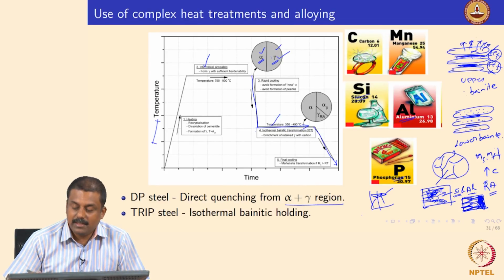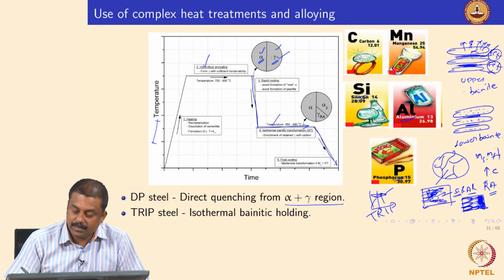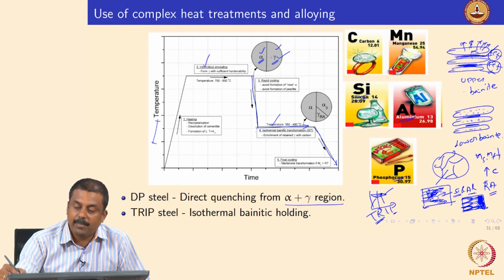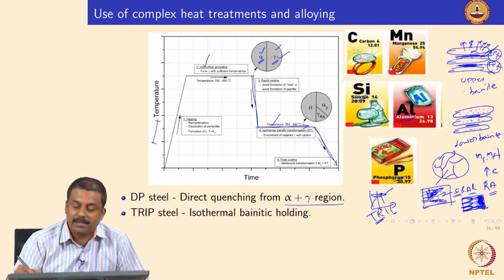That is why these steels are known as TRIP steels. What do you mean by TRIP? Transformation induced plasticity. The enhanced plasticity is induced by the transformation of austenite to martensite upon loading. And how do you stabilize the austenite? As I already explained, by suppressing cementite formation during bainite transformation. How do you suppress cementite? By adding silicon or aluminum. How do these elements suppress cementite formation? Because the solubility of silicon and aluminum in cementite is very low.